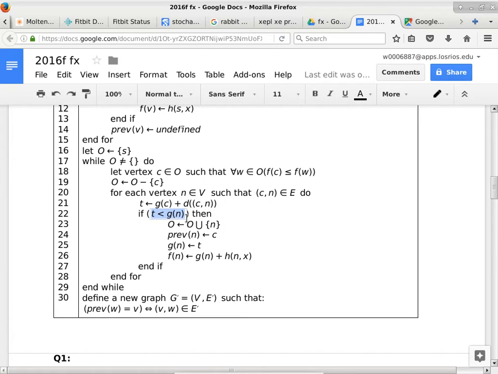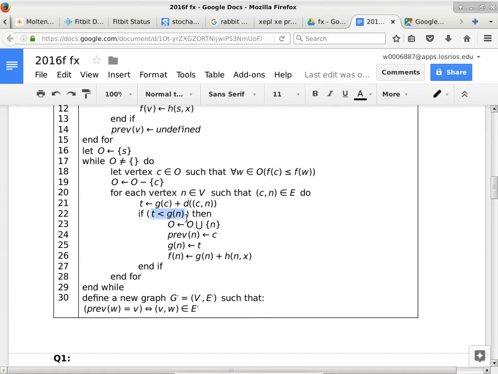Because if you went through again and wanted to re-add it, then the T would equal the G of n, so then it wouldn't hit the loop. It would hit the if statement. It has to be smaller to go in, but right, the second time around, even if it had the same O, T would now equal G of n, which means that if statement wouldn't happen. So then that next element. But it may not.